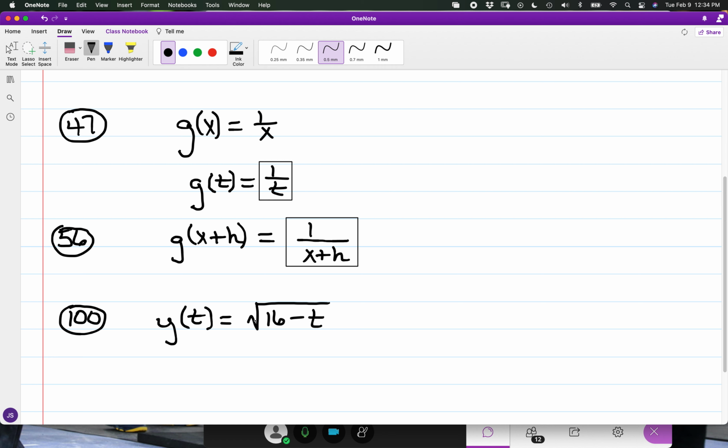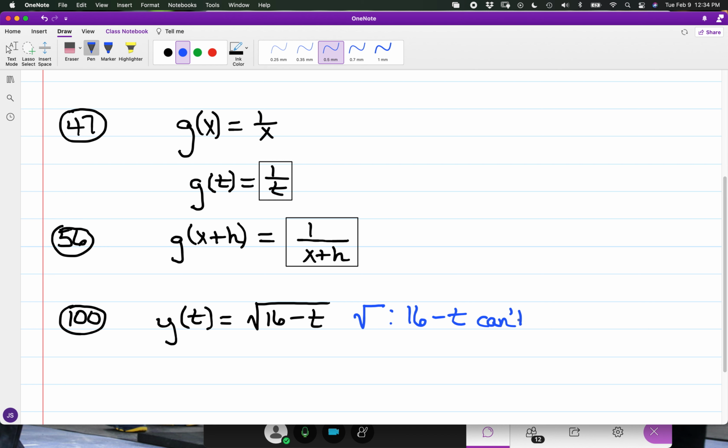And again we have an even root radical. So once again, in order for the function for y to be defined, 16 minus t, because we are working with the square root,